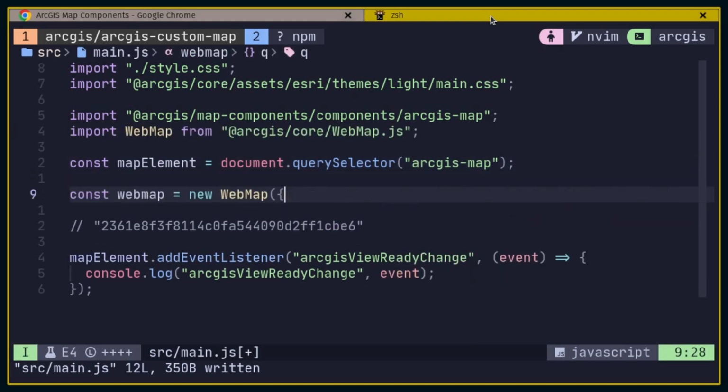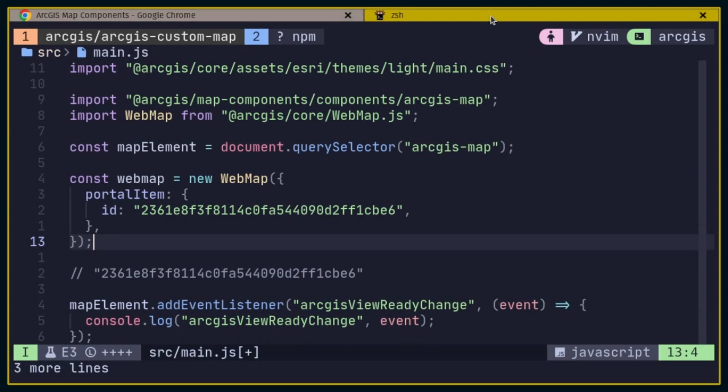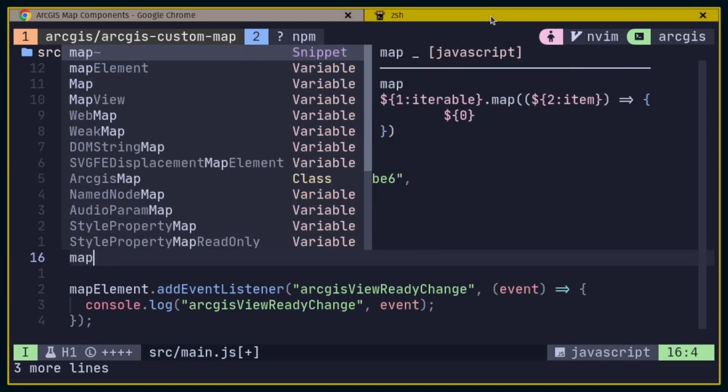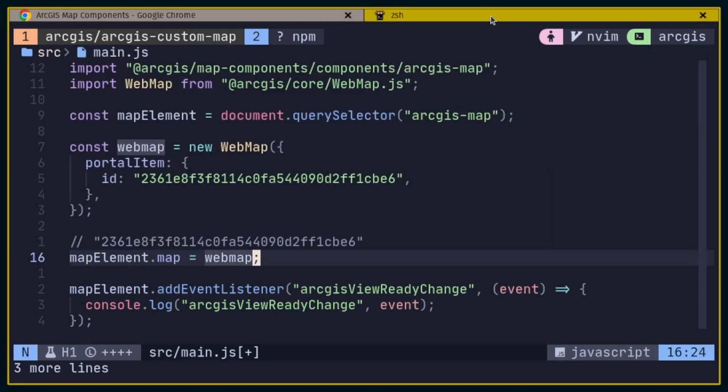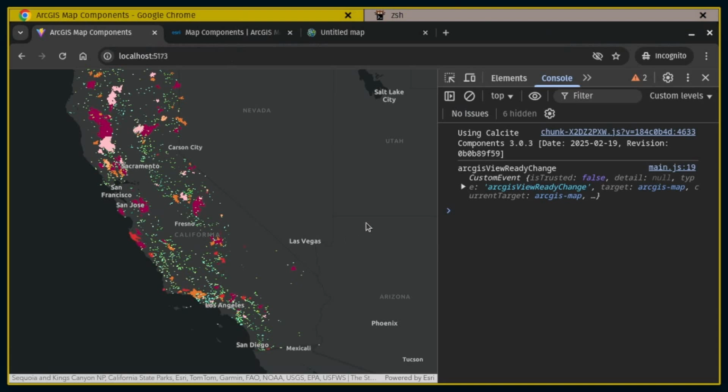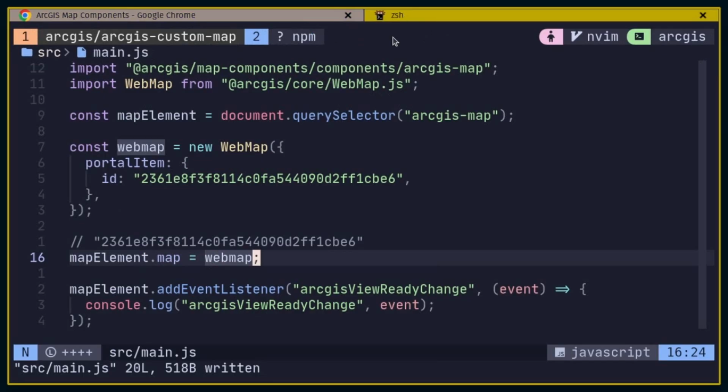Add my JS here. Then I want to create a web map. And my item ID. And now what I can do, I can say map element.map is going to be equal to that web map I just created. So if I come back over here, bam, same result, right? Now it's going to go and let me do a few other things, right? Now that I'm creating my own web map, do whatever it is I want to do, maybe for whatever reason,